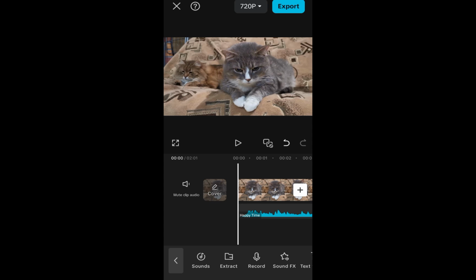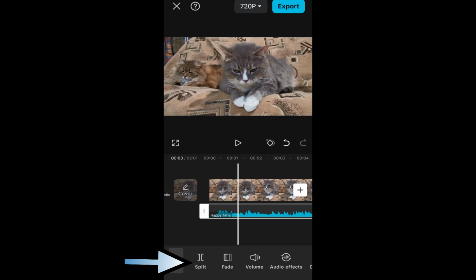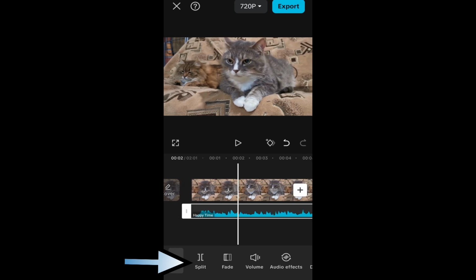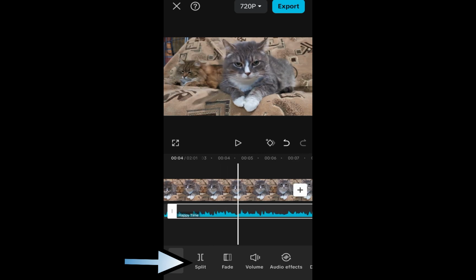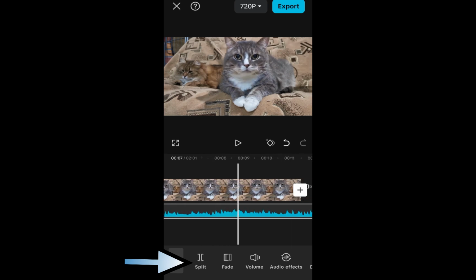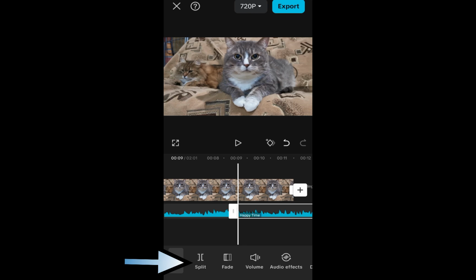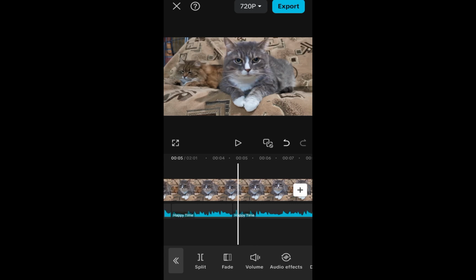Now, what I'm going to show you right now is the split effect, where you can split the audio right here, and for each of the split parts, you can add effects. You can do whatever you want. You can add audio effects. Same thing with the other part of the audio. So now I split the audio into three, and I can add an effect to each of the audio parts I have